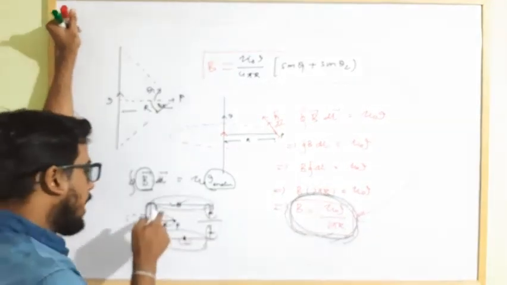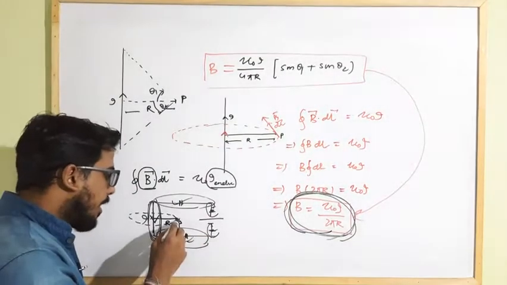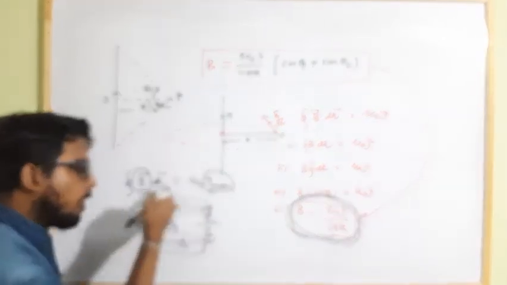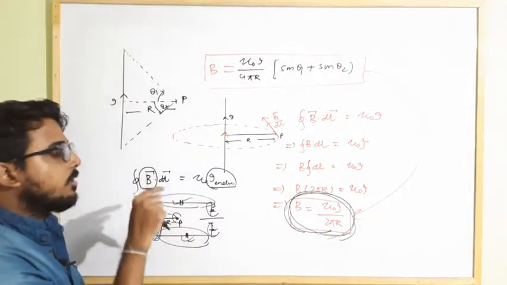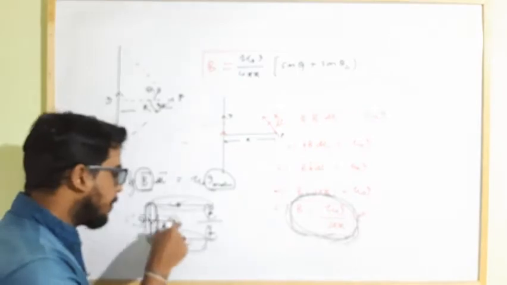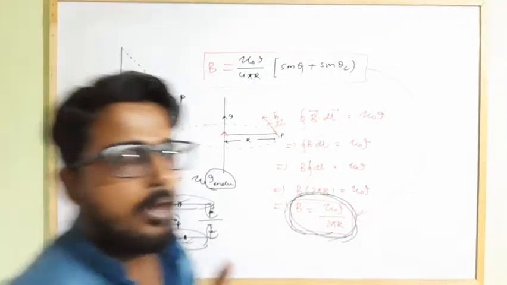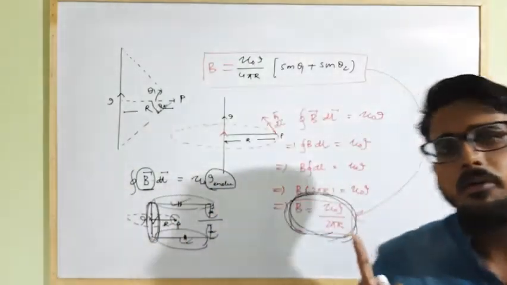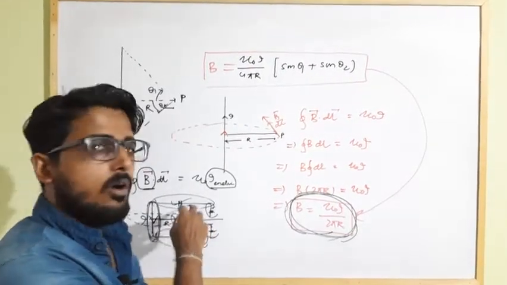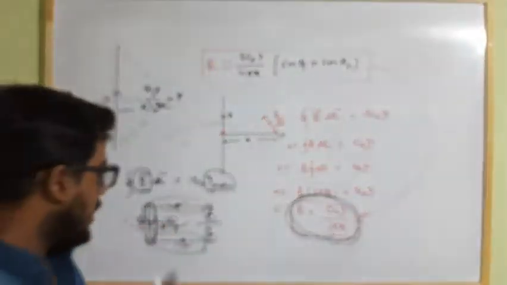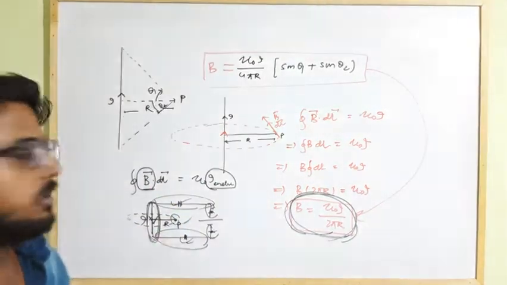So if here we are applying Ampere's circuital law, it will give what? The magnetic field strength due to all the current carrying conductors present over there. But we want to calculate the magnetic field strength at that point only because of this segment. That's why if we apply Ampere's circuital law for a finite long straight conductor, then the result will be wrong. Because in Ampere's circuital law, the magnetic field strength is due to all the current carrying conductors present over there.